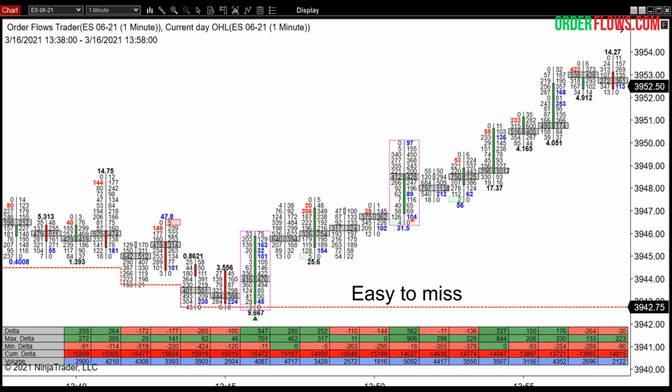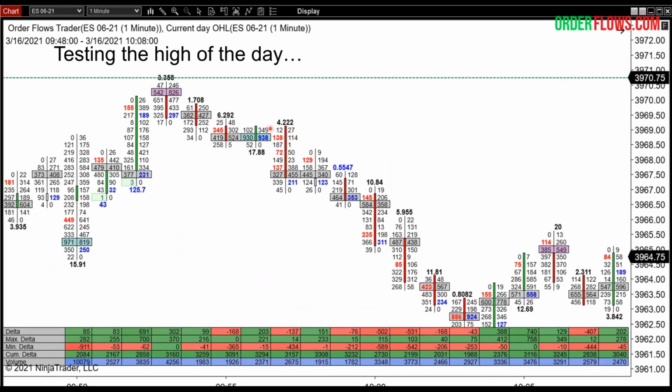Right? This is yesterday, right? Remember, we were testing that high of the day, right? We came all the way back up to 70 and a half. Our high was 70 and three quarters. You got a bearish prominent point of control right here. And it's just like, are we going higher or are we going to come off? Okay. And again, it's like I said,